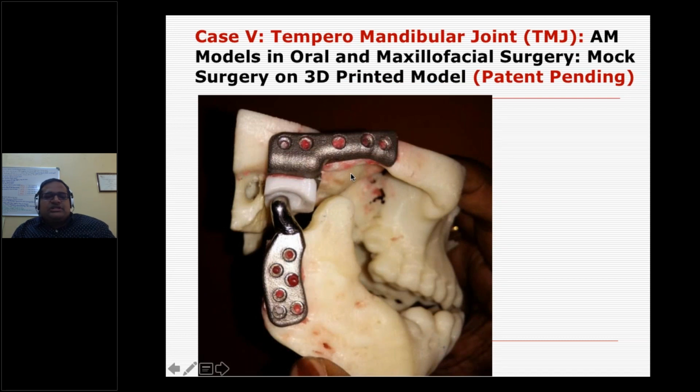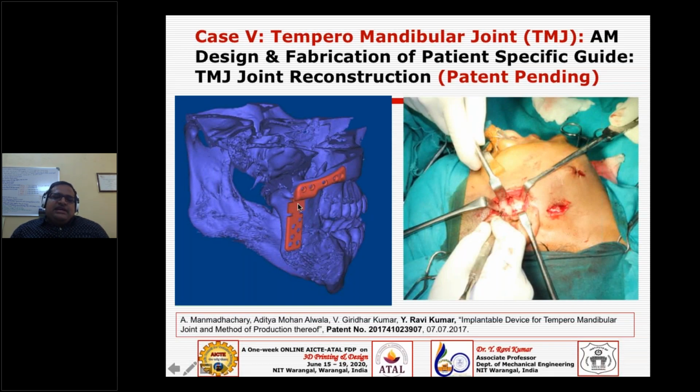Before going to the surgery, we even need to fix this plate to the skull, and we need to have a provision to fix the screws, and this is what it's going to be. So we have designed a guide also. Why? Because with a guide or a template, he cannot just drill a hole in the skull. There must be some support or guide. So that guide also we have designed, and using that guide he can drill a hole, right? So that is during the surgery.